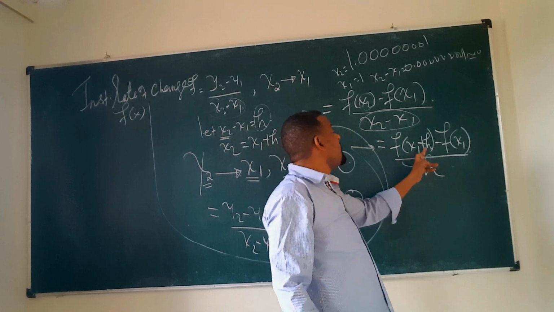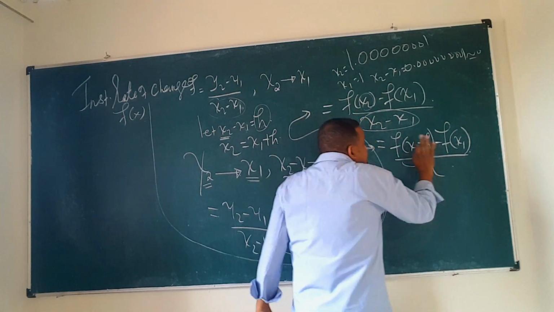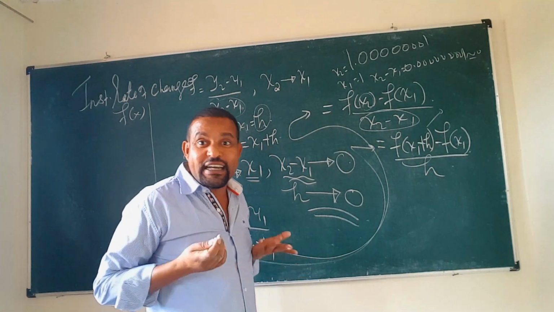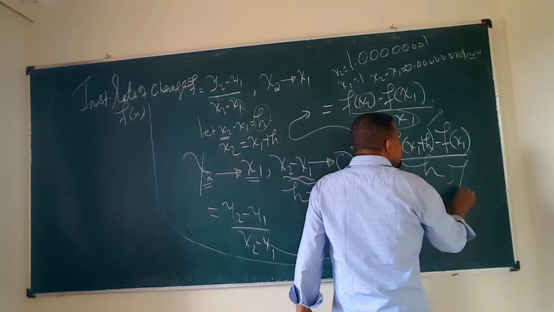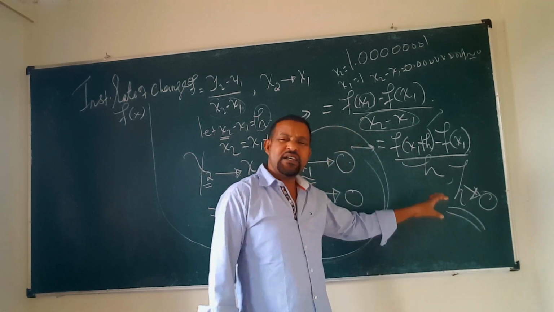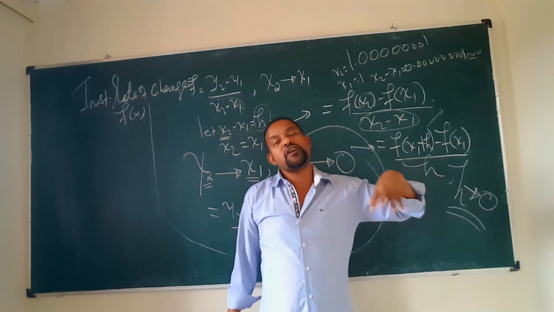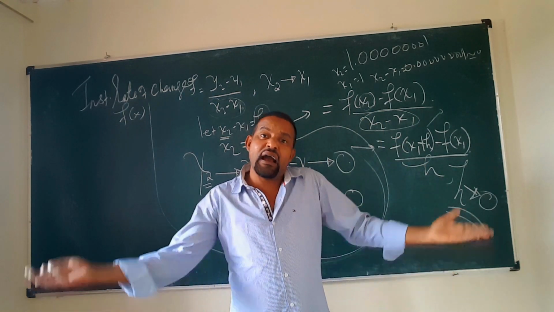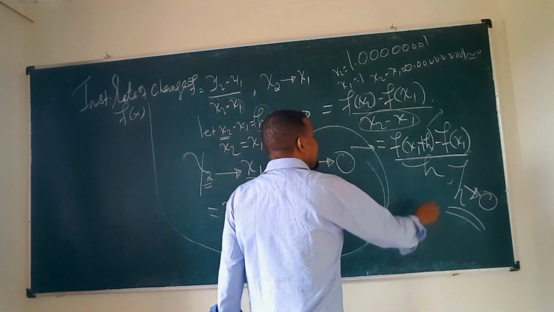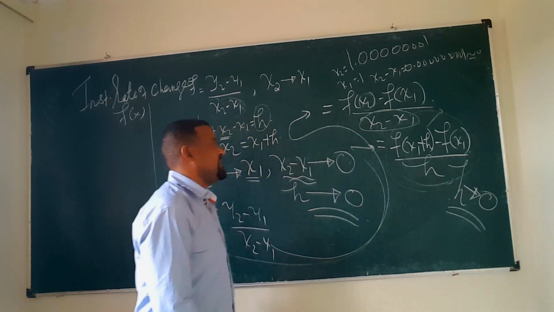So our instantaneous rate of change of a function is given by f of x1 plus h minus f of x1 over h. If we just leave it like this, it is the average rate of change, but when h is approaching 0, in other words when x gets very close to x1 and almost overlaps it, in that case this f of x1 plus h minus f